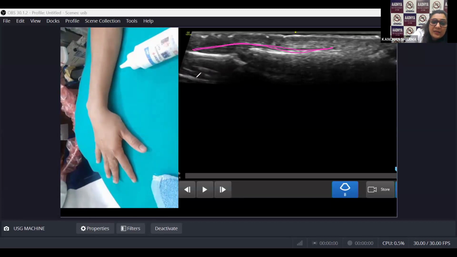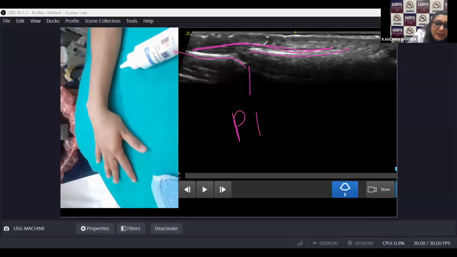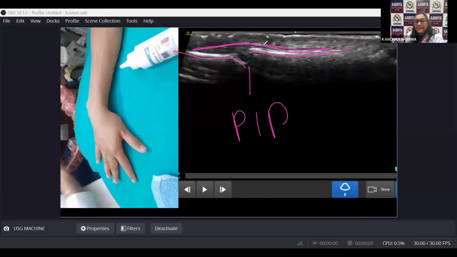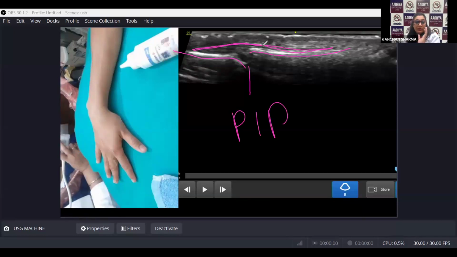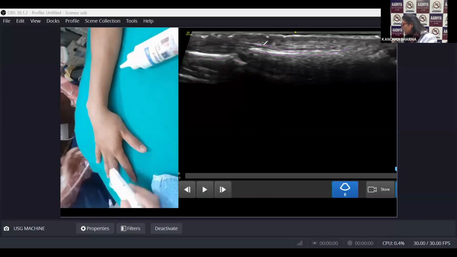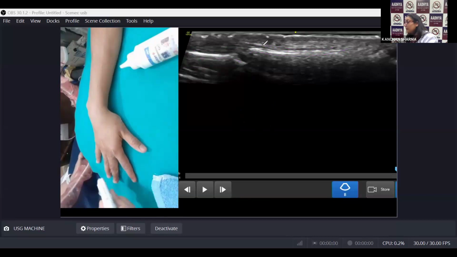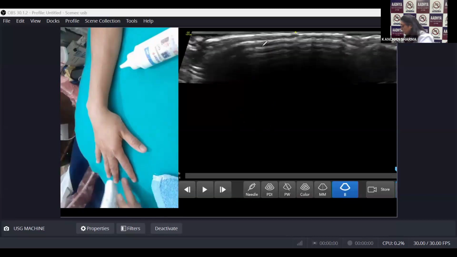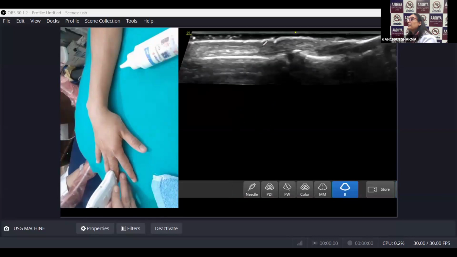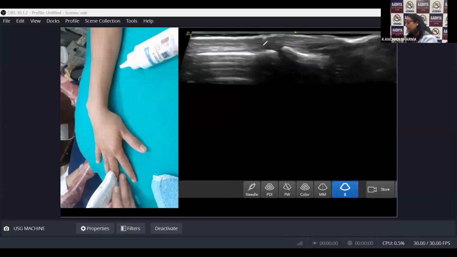And then now we are seeing the middle phalanx, because we know this is PIP and we know the central tendon attaches itself on the, I should say, the middle phalanx, right? Now, if you want to see the attachment of the lateral slips, then we will go to our DIP, right? So once we are over the